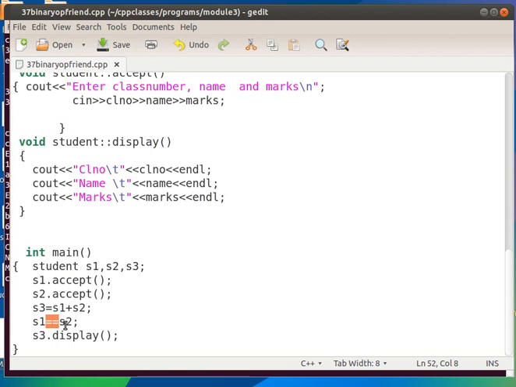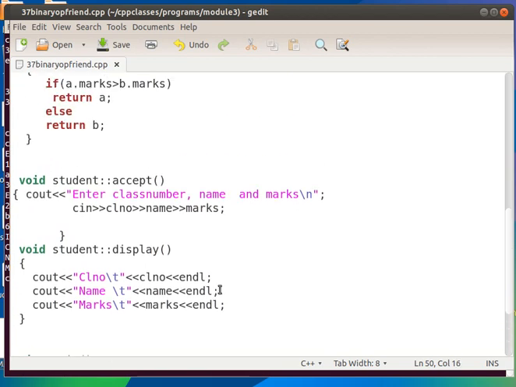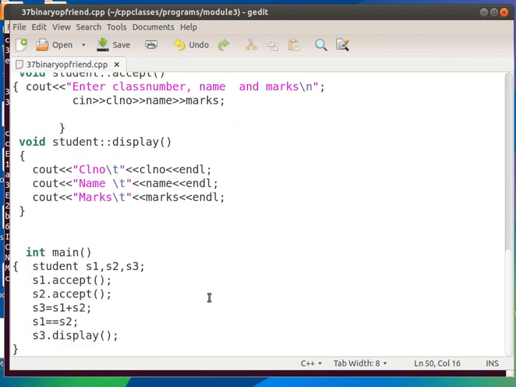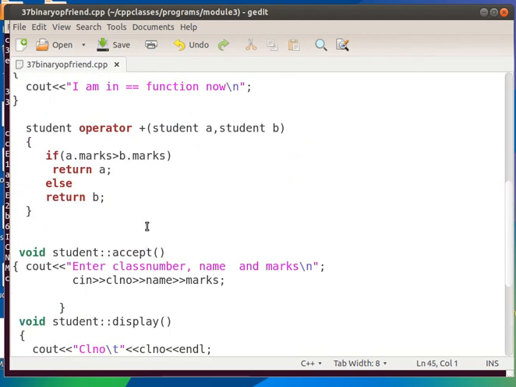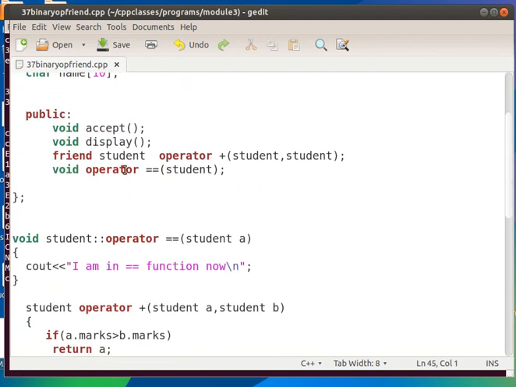Here it means that S1 and S2 are the arguments of a friend function plus. So the calling syntax will be the same, but we can give the definition like this. Okay, so I have given these two types of functions for the comparison.